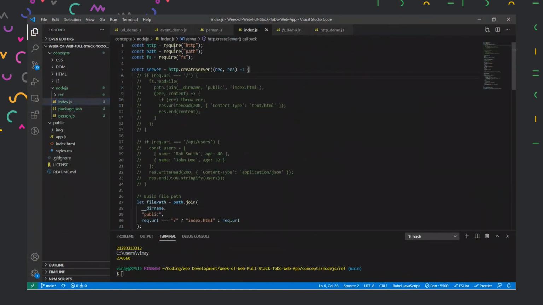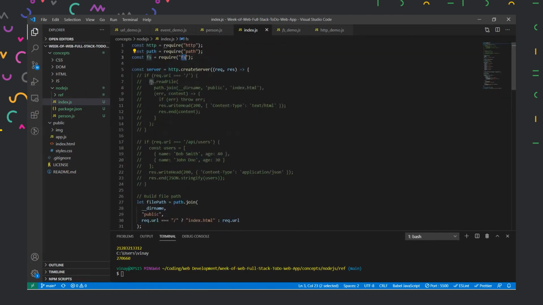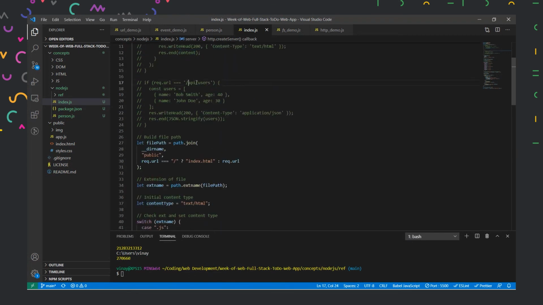It will give me something like this, and then we have all the references over here, and then we have index.js written over here. In this index.js, we haven't used anything new. We have used the HTTP method, we have used the path method, and we have used the file system method. And inside this file system method, we are reading a file, and then it is defining the status code 200, whether everything is working fine, then return the status code 200 to us. And then it is of HTML type, and then it will return us the content which is passed in our function itself directly. Similarly, we can use it for API calls where we will use JSON files.